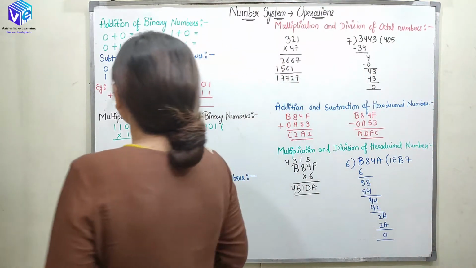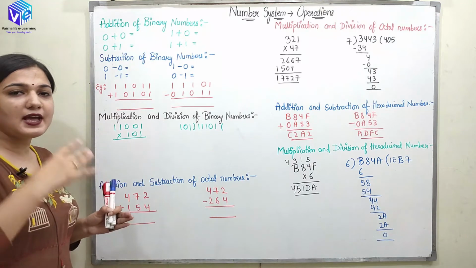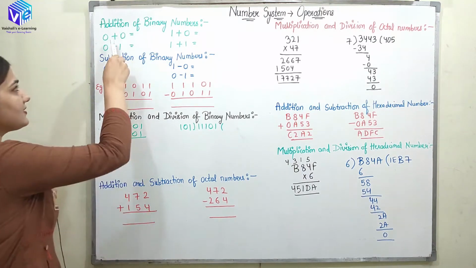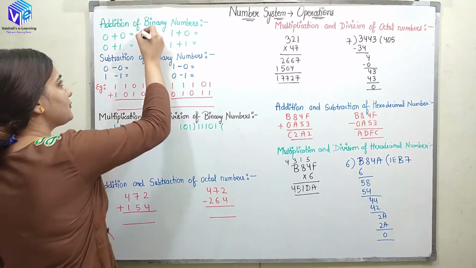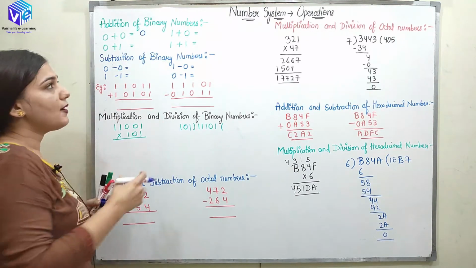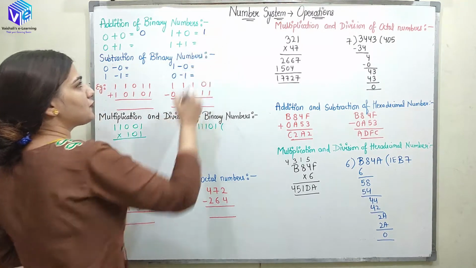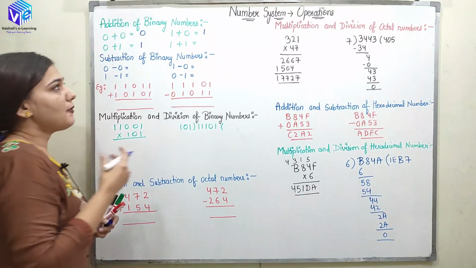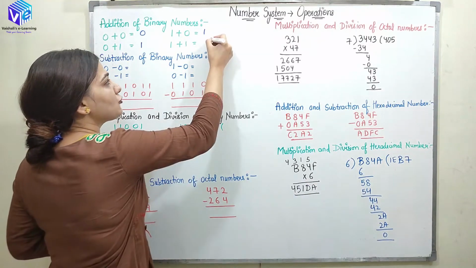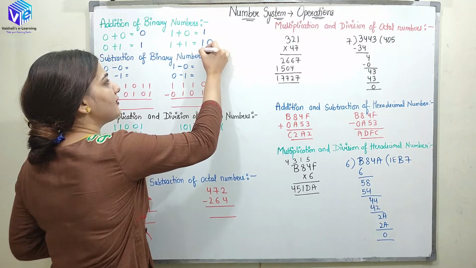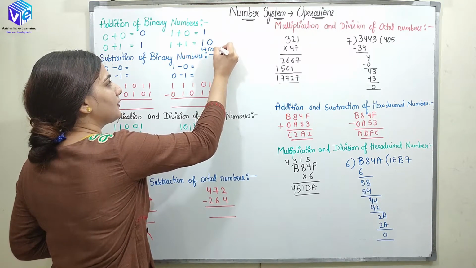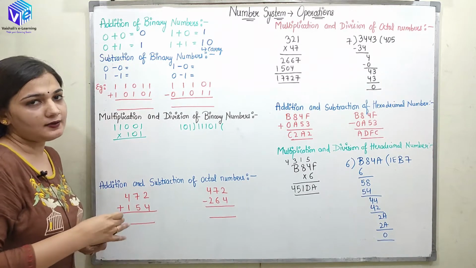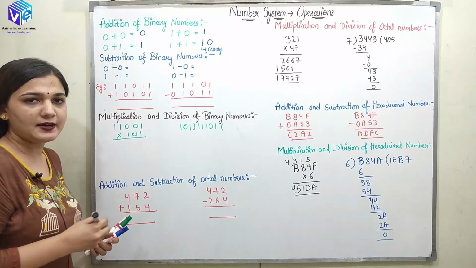Now if I have the binary numbers, we have only zeros and ones. So only four possibilities are there. That is 0 is added to 0. When 0 is added to 0, output would be 0. When 1 is added to 0, the output would be 1. When 0 is added with 1, again the output would be 1. When 1 is added with 1, the output is 0 and we will be having 1 as the carry. Right? So this is how we can add all the possible combinations in the binary number system.